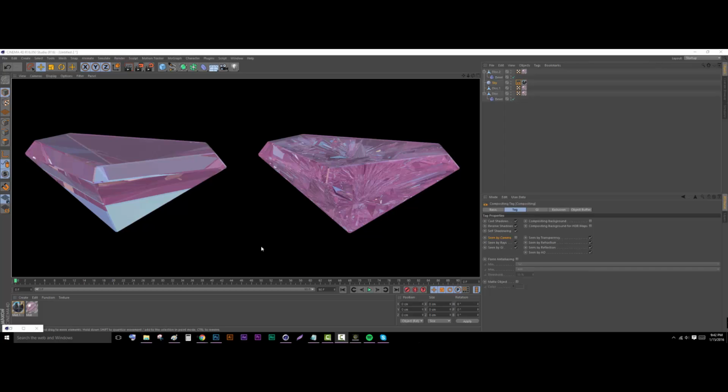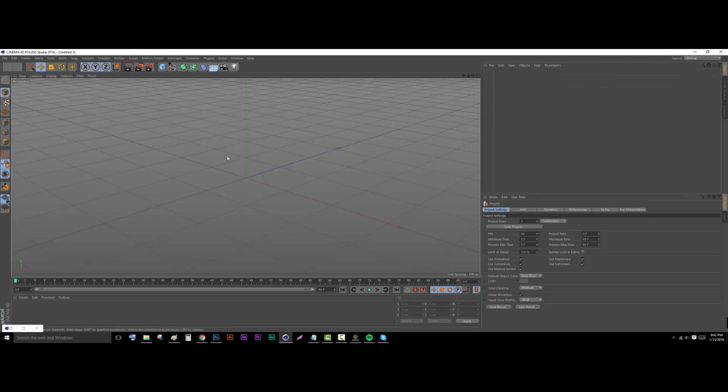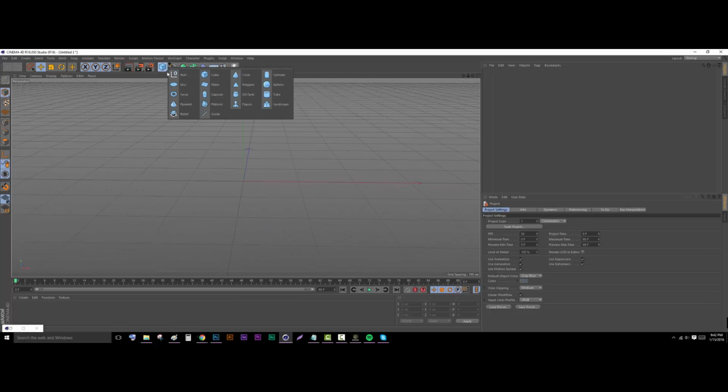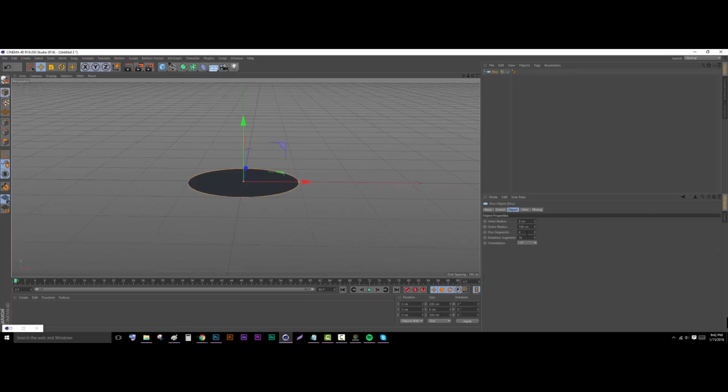So this one is on how to get your crystals to look like this, and then to look more like this, with this jarring crystallization, all over the place kind of randomness you see here. So what we're going to do, obviously, open up a new file. We have to create a model first. Show you how to make a quick